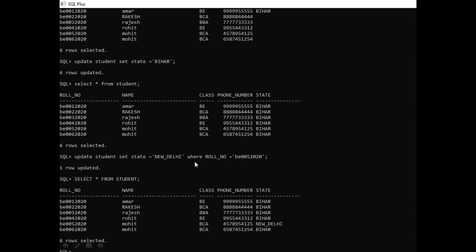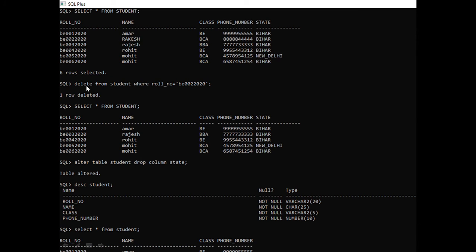Here we use the where clause because I have to change a single roll number B005 from Bihar to New Delhi. So the command will be update student set state equal to 'New Delhi' where roll number equal to this. After executing this command, one row updated. Now you can check select asterisk from student: B0052020 for Mohit BCA, the state has become New Delhi. It will change from Bihar.